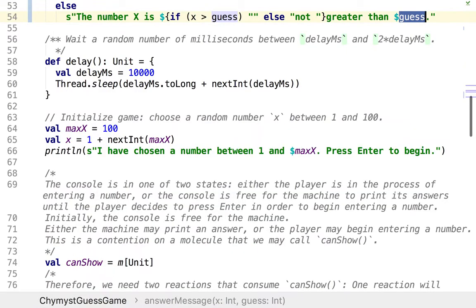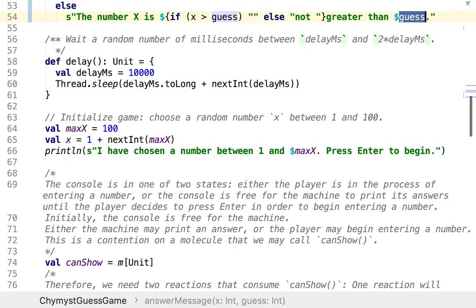How do we implement it? So clearly the console is in one of two possible states. Either I'm in the process of entering a number, or I finished a number or never started, so the console is free. I'm not owning it. These are the two states. Now, this state needs to be modeled, and so we model it by